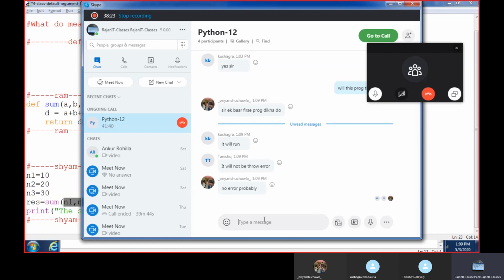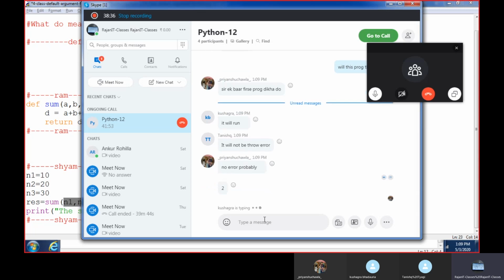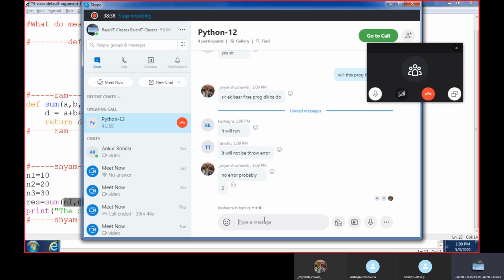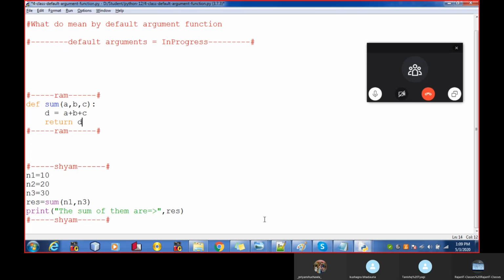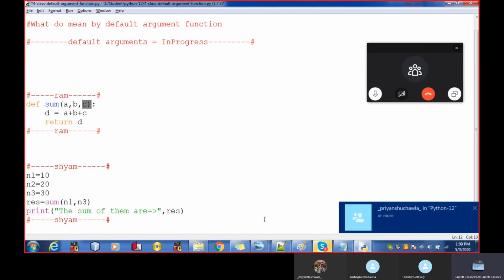No error, probably. Okay, guys, please let me know how many parameters are accepted by the sum function. The sum function accepts 3 parameters.